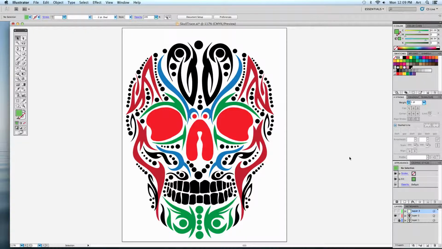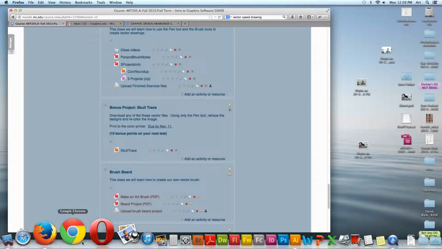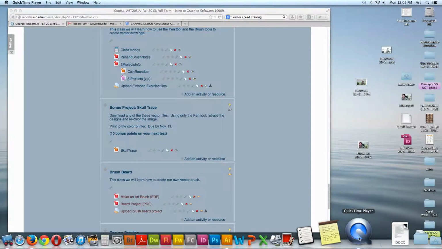You will print this off to the color printer, and like I said, if you don't finish it today, it's going to be due before the test on November the 11th. So you've got plenty of time to work on it. It's just a bonus project, so it won't count against you if you don't want to work on it as well. Okay? Everything else today is just a work day, so you should